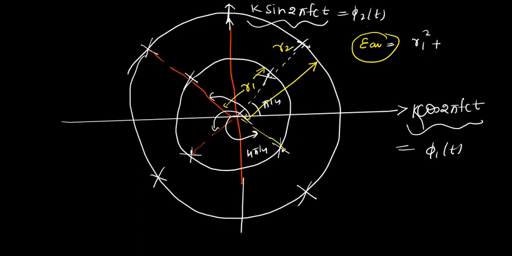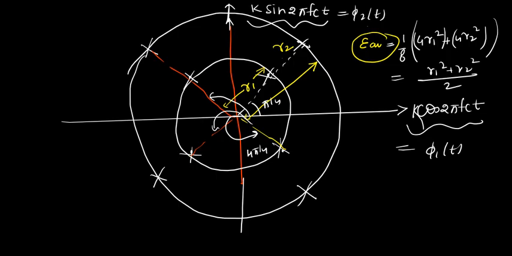So, what is the energy? R1 square plus R2 square plus R3 square plus R4 square. Sorry, all of these have R1 square. So, 4 R1 square plus 4 R2 square, and each are equiprobable. So, this will be the average energy. Yes or no? Average energy, find it, very easy, right?